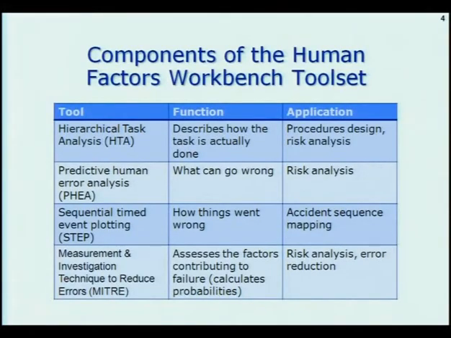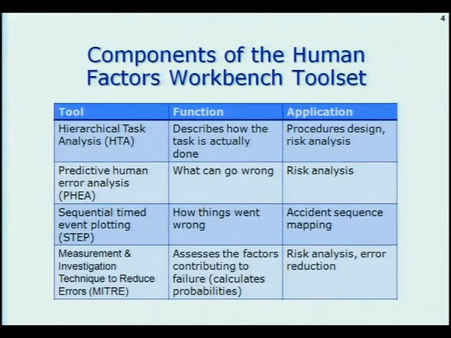So in the Human Factors Workbench, which is the vehicle for this integration process, there are four main techniques, and some of them you've heard about already. In some ways, that's not too surprising, because this whole process is based upon the Sherpa methodology, and I think my first paper on this topic was in 1986, I shudder to say, in Knoxville, Tennessee, in the American Nuclear Society. So these techniques go back a long way. So there's nothing hugely unique here, but what I think is unique is the way that we can combine them